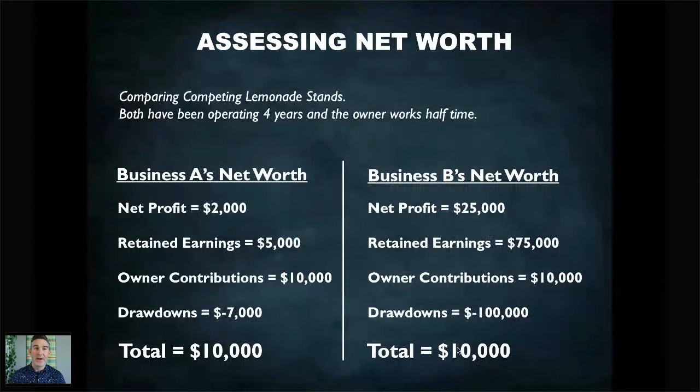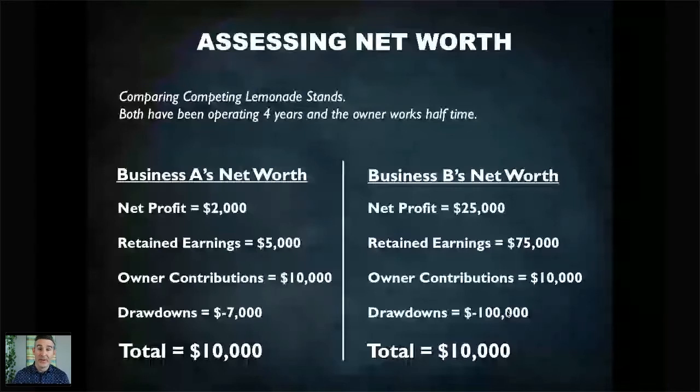So my question then, and maybe it becomes obvious at this point, which business would you want, looking at the details of the net worth of the business? To me, it's pretty clear that you would want to buy the business that has historically been earning profit, most recently and historically. They didn't put a ton into it, they put some into it, but they've really been earning a lot of money, working half time, earning roughly $25,000 a year. That's pretty good. Over here, you're working half time, you're only earning $1,500, $2,000 a year. So this business has obviously figured out a more profitable model and how to do their business.